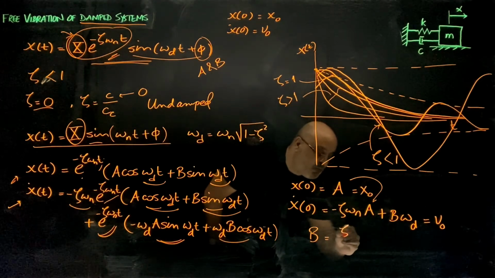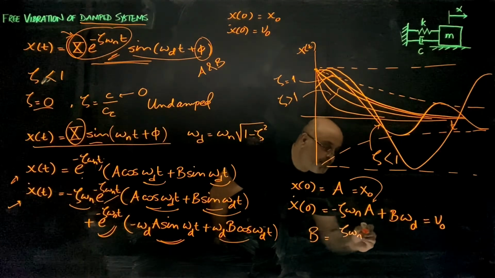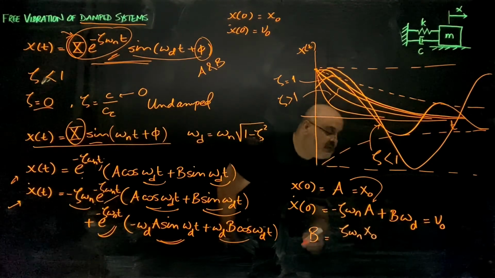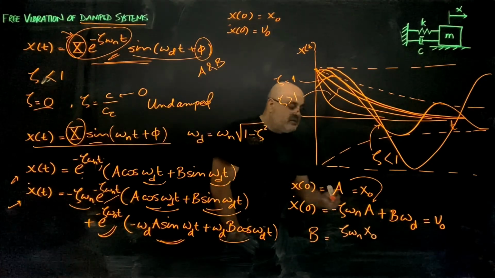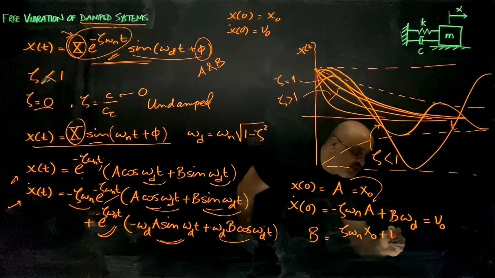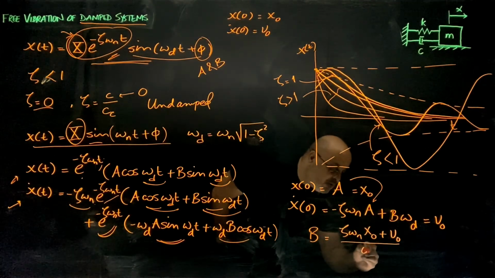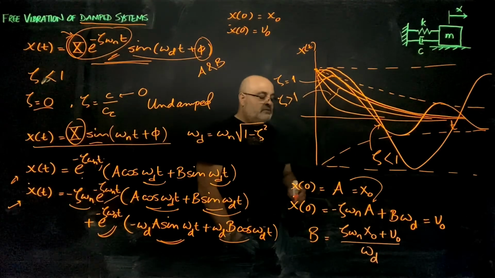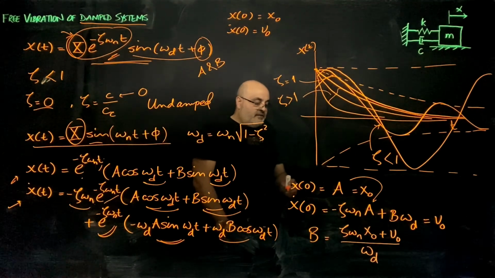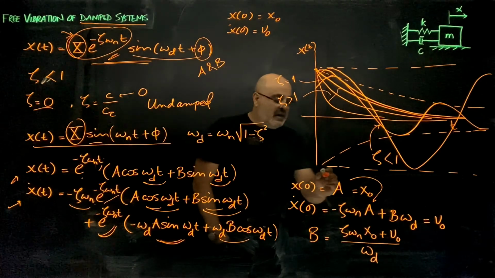zeta omega n x0 plus v0 divided by omega d. So now I have a and b for initial conditions x0 and v0,